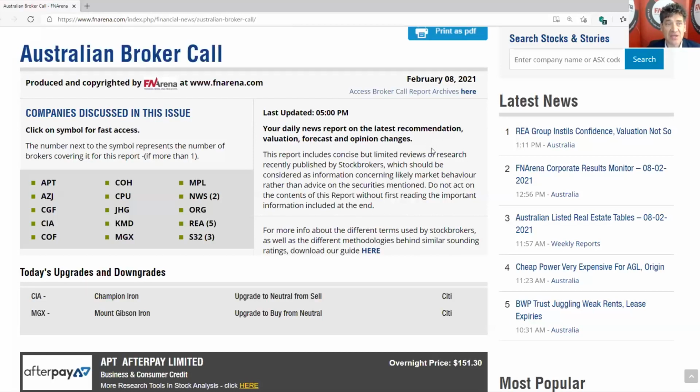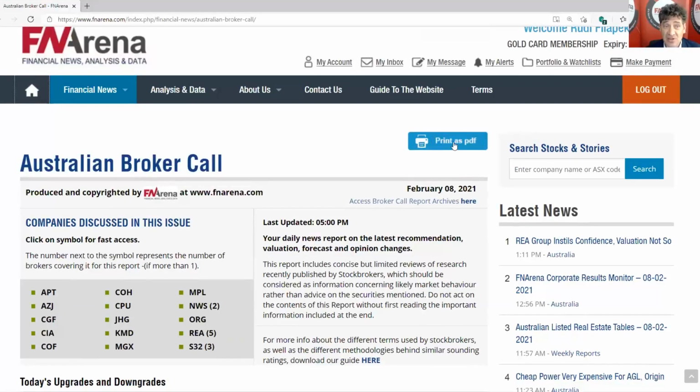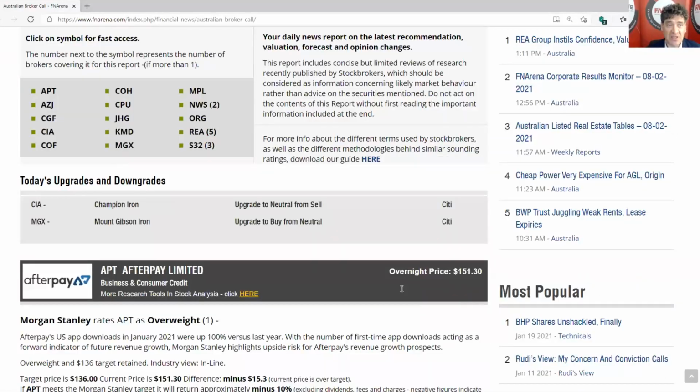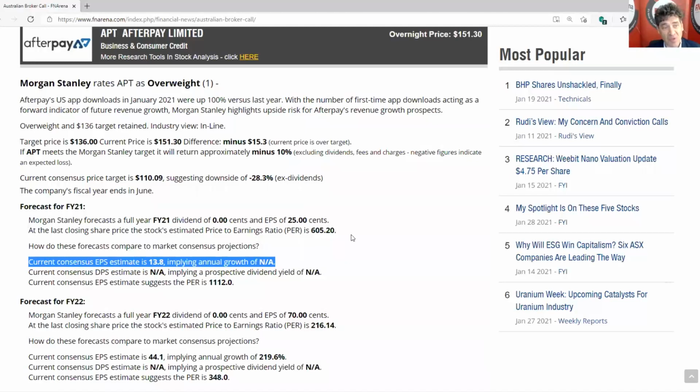And you can always see that the broker call will tell you once it's updated and when the last update was as well, time-wise. There is a print function as well, which we have built in the website, so it fits a little bit in PDF or on your paper. And the importance of the broker call is that all the information that we put here, and in particular also